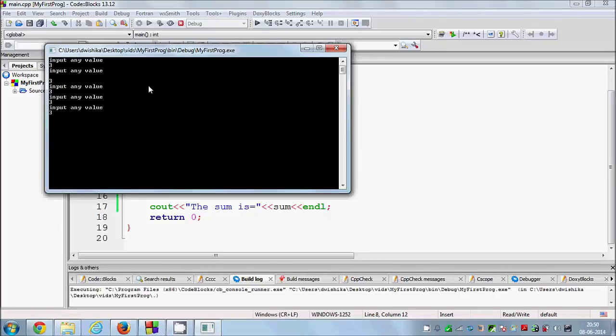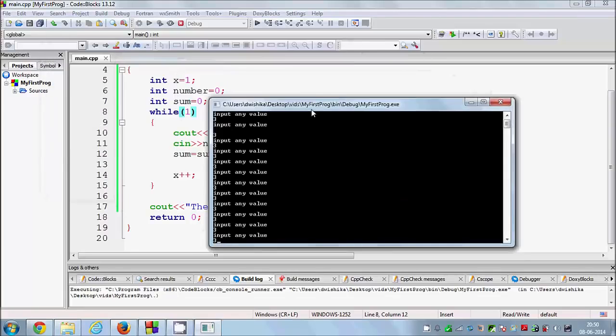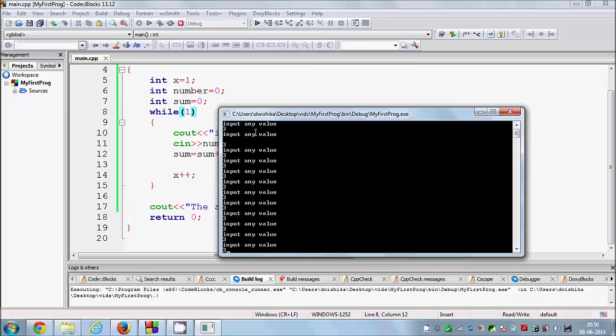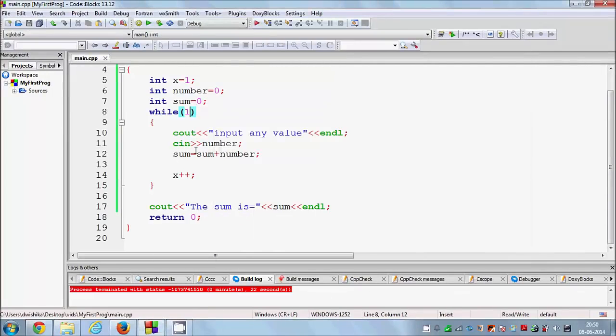I will keep on entering values and it will never end, because this while 1 is a never ending loop. So I will never go out of this loop. So if you want to make an infinite loop, just make it like this, or otherwise just make a loop which has some condition, and the loop can exit when the condition is